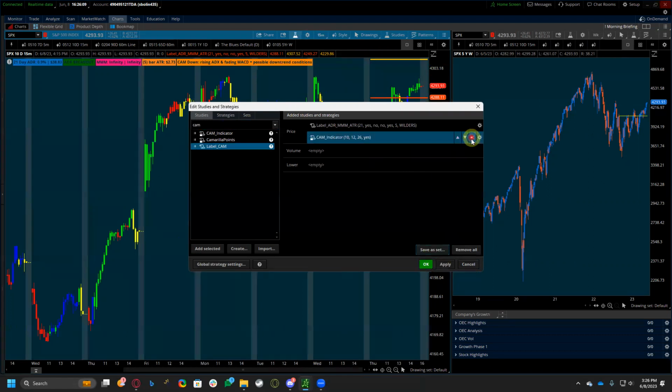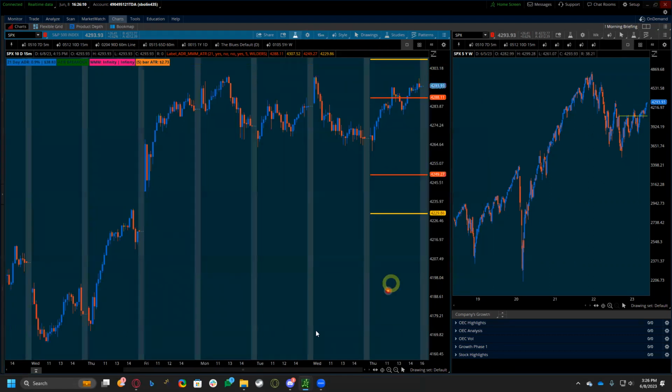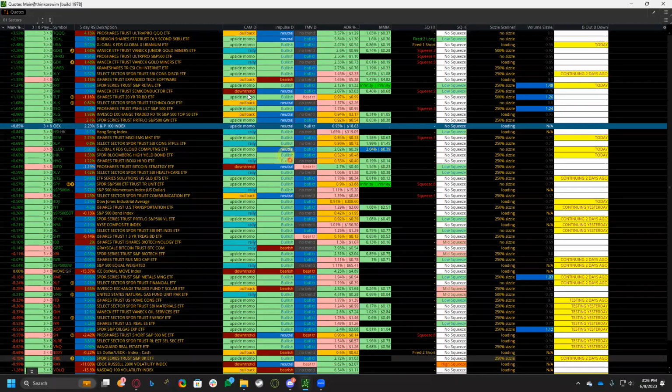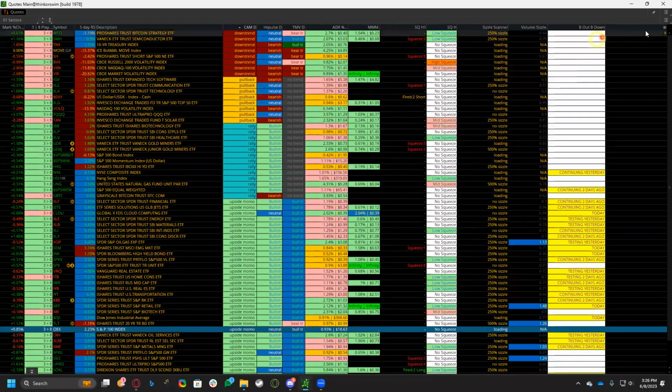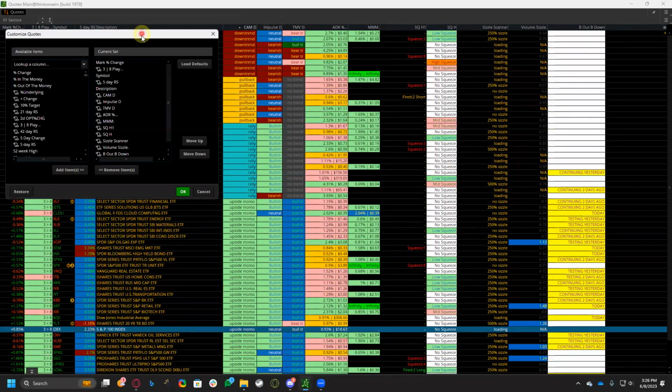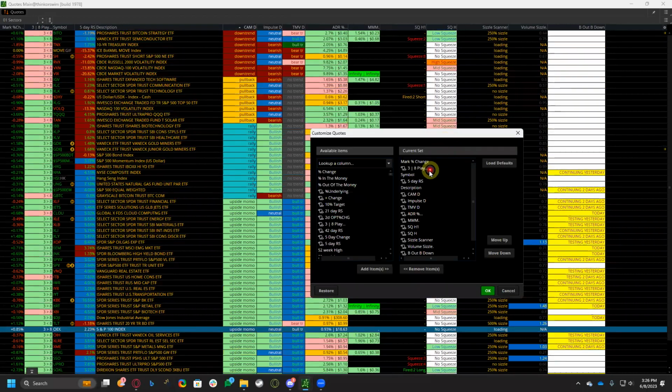So the CAM indicator, that's on the watch list so that we can sort things by what's in a downtrend, what's in a pullback, what's on a rally, and what has momentum, right? The next one is called an impulse. There's a lot of indicators out there called impulse. So you really want to be careful with that one. If you run across somebody who's using a custom impulse indicator, Thinkorswim has impulse as well, but this is a